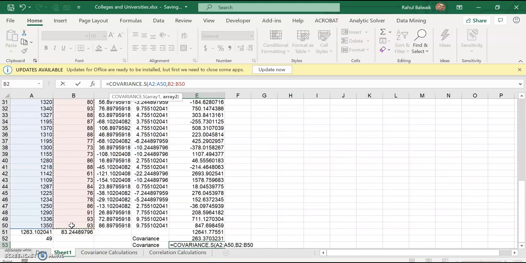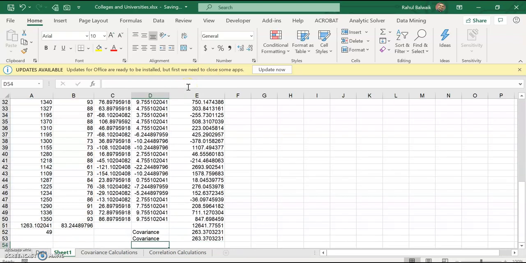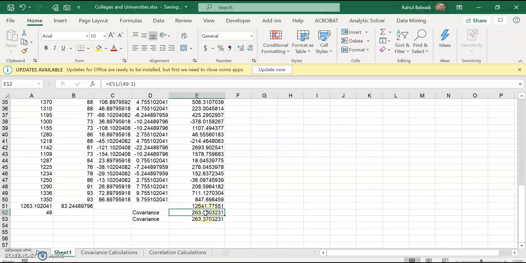Let's select the graduation percentage and complete the brace. You see here, the covariance that we found manually is exactly the same as what we found with the help of the Excel function.